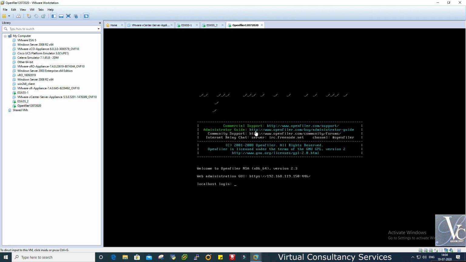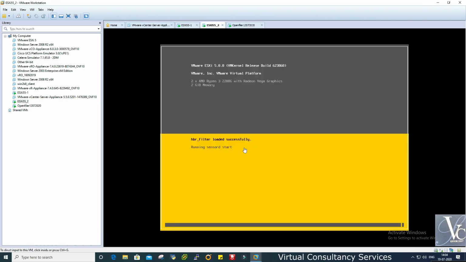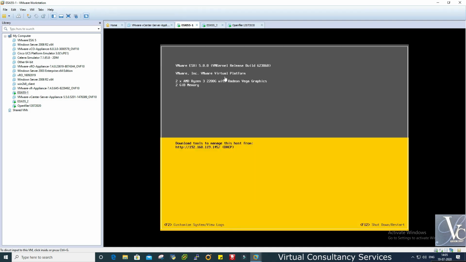Okay, the OpenFiler is up now. Then we will see the status. Okay, so these two are not started yet, so there will not be any problem. Sometimes if the ESX server is not getting any data store and is scanning frequently, then the ESX server will get into a non-responding state, or it will get stuck at the stage where the scanning process starts, and it will take more time to come up.